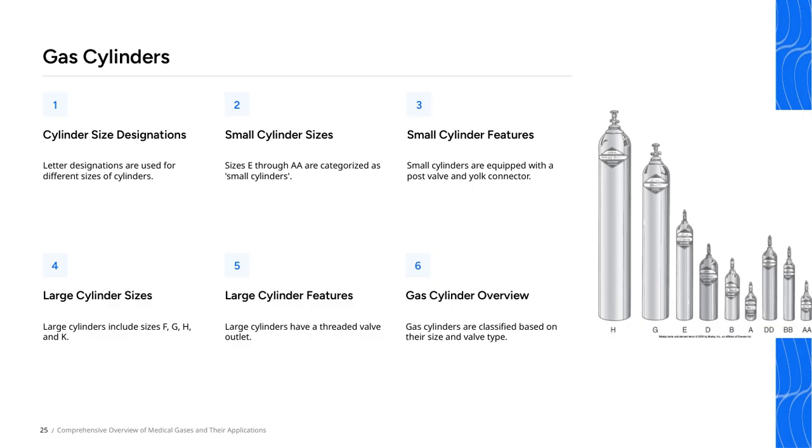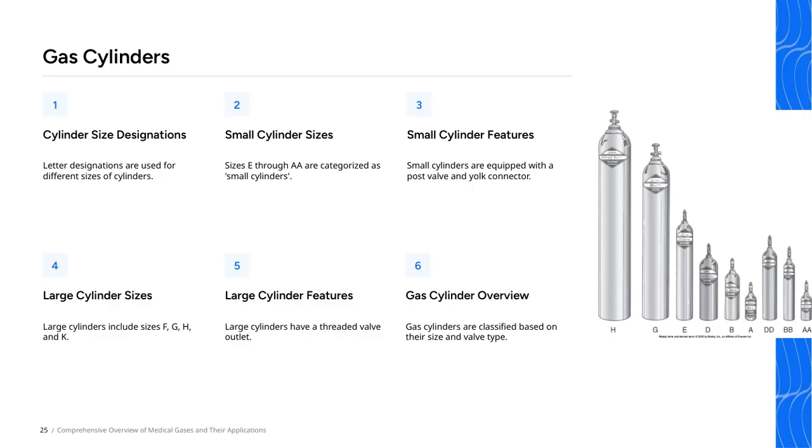Finally, to keep things organized, letter designations are used to identify the different sizes of cylinders. This system helps medical professionals quickly recognize and select the appropriate cylinder for each application, maintaining safety and efficiency. Understanding these distinctions is crucial, as it ties into the overall theme of safe and effective use of medical gases